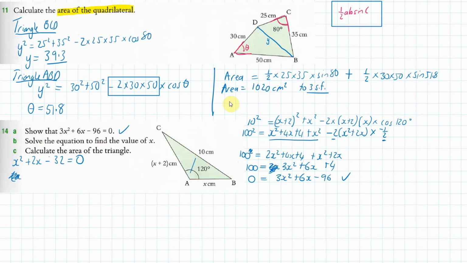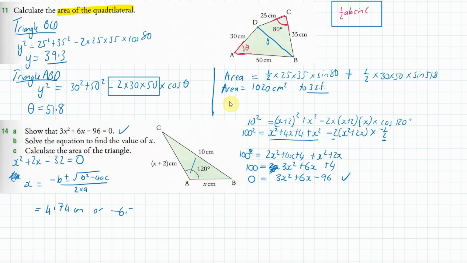So what I'm going to do now is use the quadratic formula to see if I can find out what x is equal to. So x is equal to minus b plus or minus the square root of b squared minus 4ac, all over 2 times a. Okay, now let's just chuck those in and see what we get. I'm getting x is equal to 4.74 centimeters, or